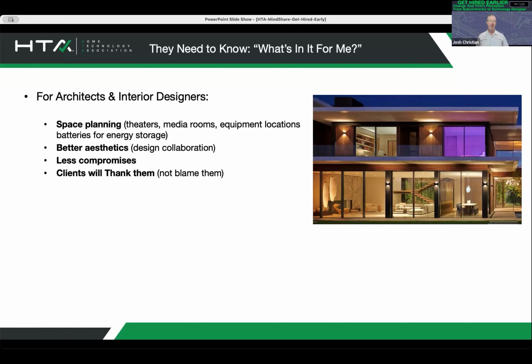Pockets for shades, these types of things. And that could put egg on the face of that architect. And it's really kind of their fault. They didn't accommodate it. And you could say, by bringing us involved, even if the client wants almost no technology,